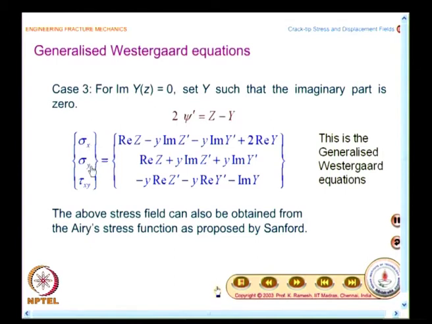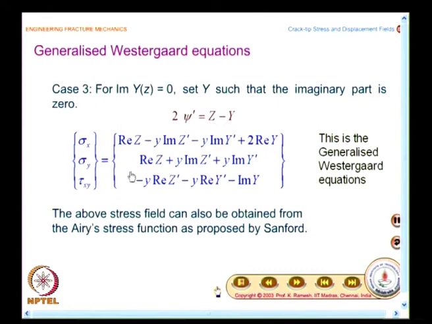I have sigma x, sigma y, tau xy, and sigma x is given as real part of capital Z minus y imaginary part of capital Z prime minus y imaginary part of capital Y prime plus 2 times real part of Y,